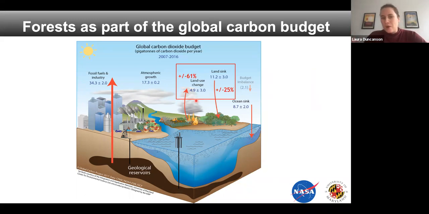And the reason that they're so high is because we can see from space quite clearly now when we lose forest, when we have deforestation, to some degree when we have degradation, we can see fires from space, but we didn't know how much carbon was there to begin with. And that's this critical carbon knowledge gap that we as a remote sensing community are hoping to fill. But ultimately, our biomass products are hoping to reduce this uncertainty, and hopefully people will also use those to start managing forests a little bit better so that we can actually reduce the emissions from the forest sector.